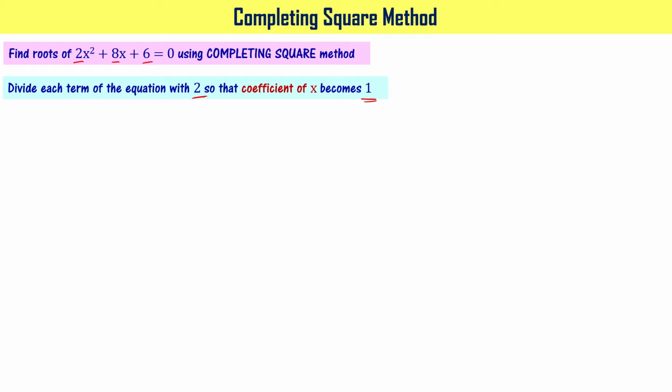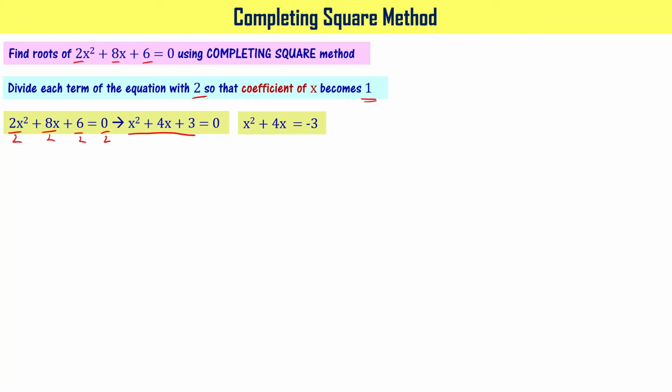Let's do that. When you divide each term by 2, you get the equation as x² + 4x + 3 = 0. What I have done is divided every term by 2 on both sides. So the equation now becomes x² + 4x + 3 = 0. This equation can be solved using the splitting the middle term method also, but here we want to use the completing square method. For that, I'm going to rewrite this equation as x² + 4x